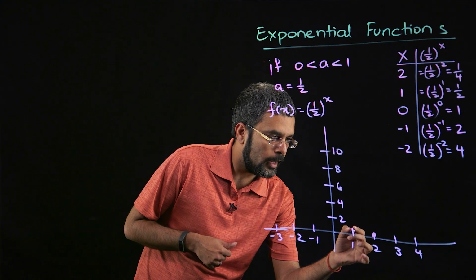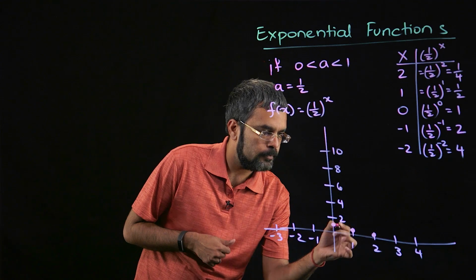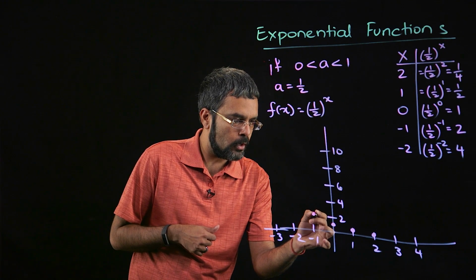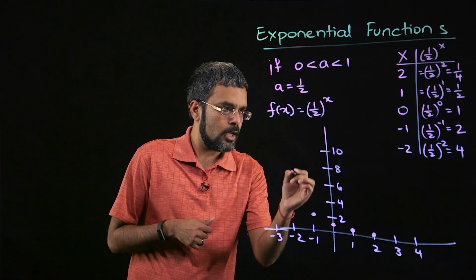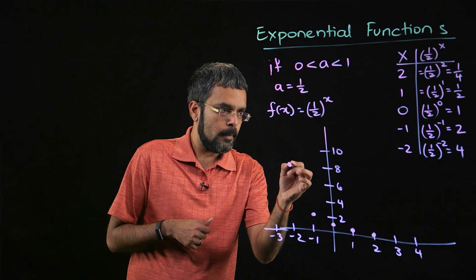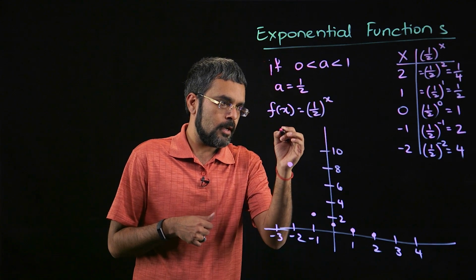Then at 1 I get 1/2, which would be about here. At 0 it's going to be 1. At negative 1 now I get 2. So you can already start to see that as I go in the negative direction, this function goes up, and it's kind of a reflection of the previous one about the y-axis. So if I join these points now, I'm going to get,